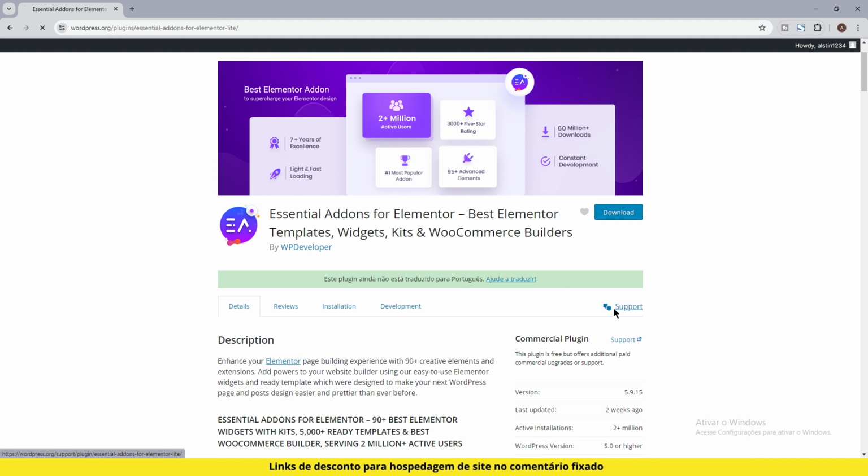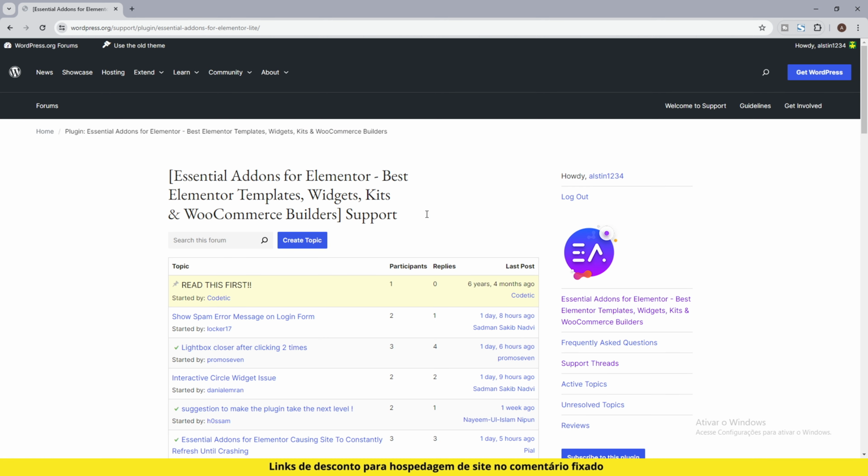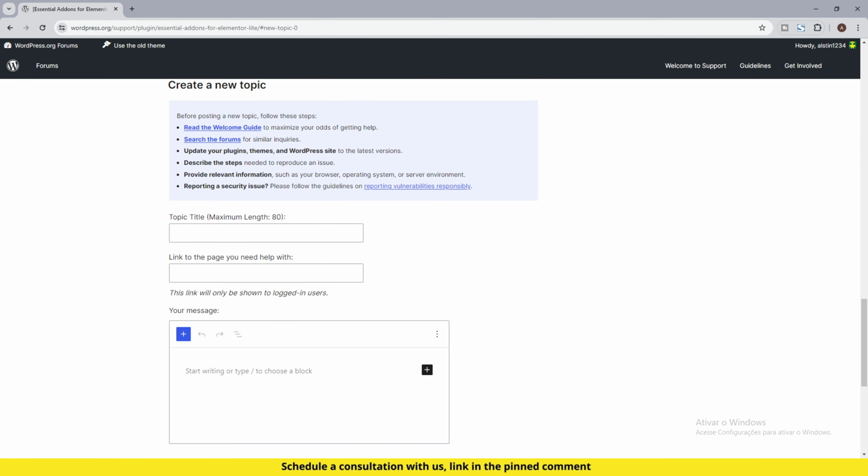You will click on the support page. Loading the support page, we go to Create a Topic, which is nothing more than creating a support ticket to send to their team. Let's go. First thing, you will add a title that will basically talk about the error you are having. You will add the link to your website, and now I will add here the golden tip of